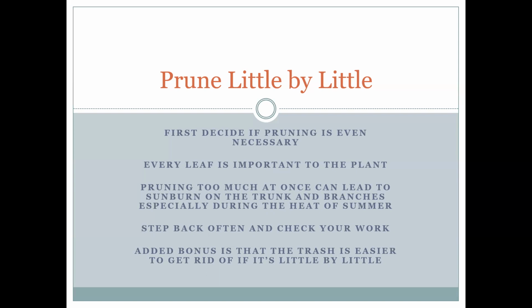And when you're pruning, step back and see what you've done often. I've done it myself where I'm in the zone, chop, chop, chop. And next thing I know, I step back and think, I should have stopped half an hour ago. So just walk around the whole thing, see what it looks like from different angles. And if you're not sure if you should keep going or not, stop and come back in a month or two when it gets a chance to recover. Let you trim a little bit, let it recover. It'll grow new leaves, continue getting healthier, and then come back and trim a little more, trim a little more,